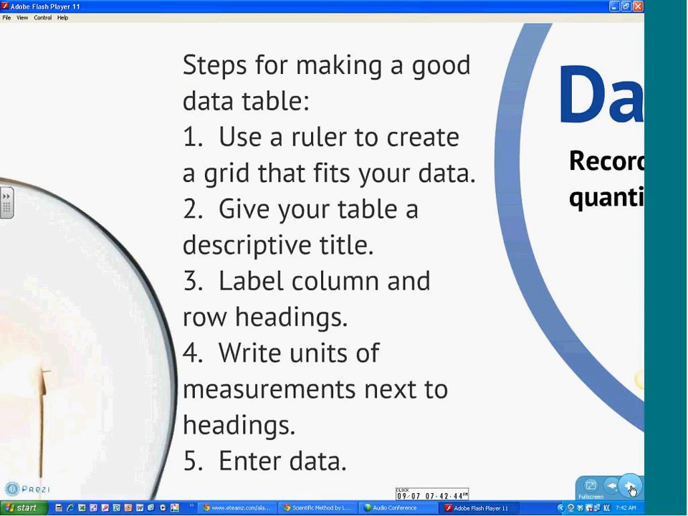We expect your data to be neat because it's an important part of the experiment. So when you make your tables or your graphs, use a ruler. Make sure you have it scaled correctly. Give it a title. And like Mr. Rector said, we need lots of labels of measuring, labeling your graph, and then we just put